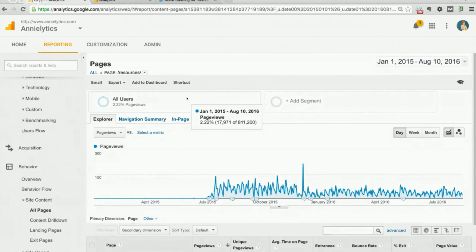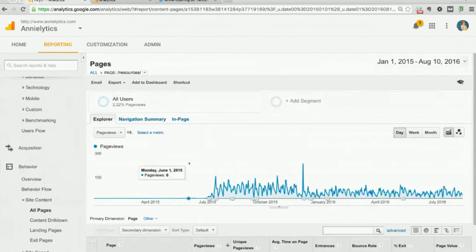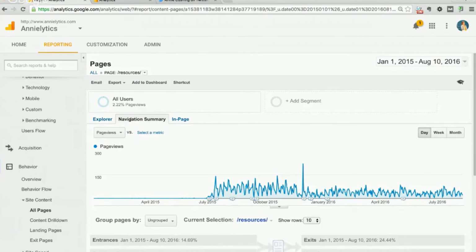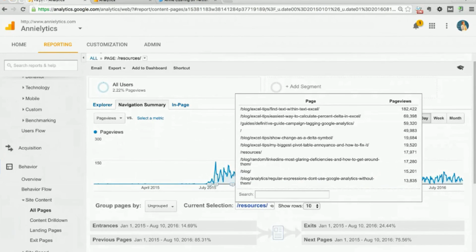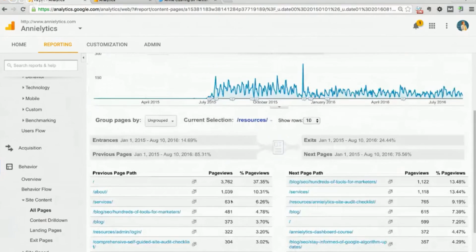And so you see here, I'm just looking at my resources page, and obviously this page was created last year around this time. But if you go to this navigation summary tab, I absolutely love this tab for when you really want to do really specific investigation about your content. So here you can see my current selection is resources. Now I could change the page even from here to another page if I want. But what this is showing me is that